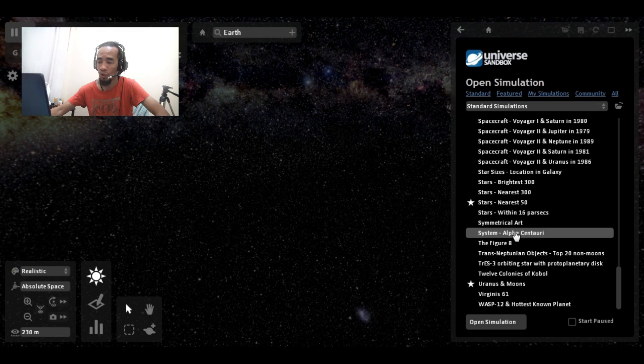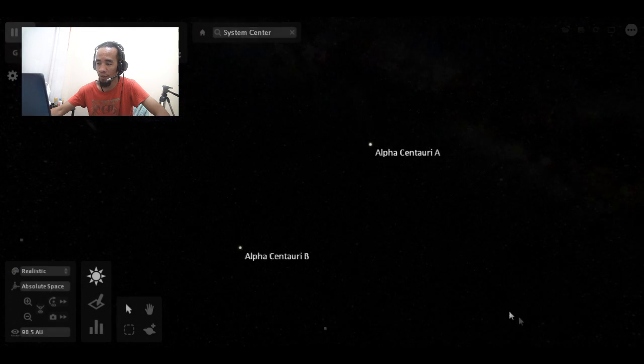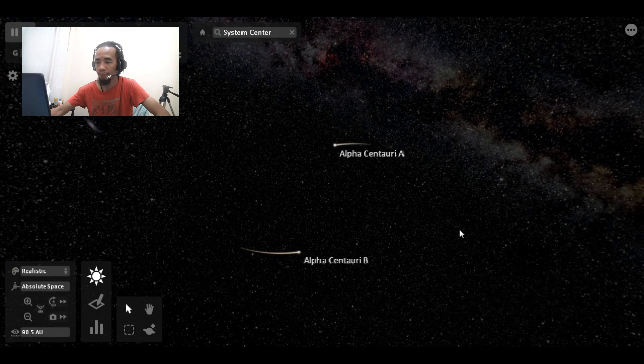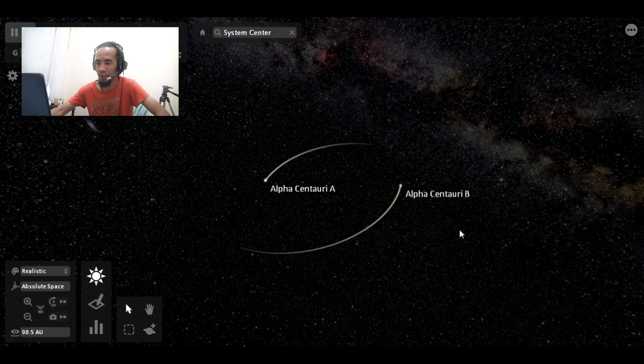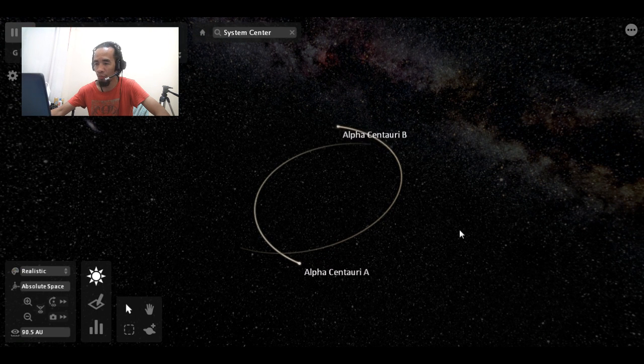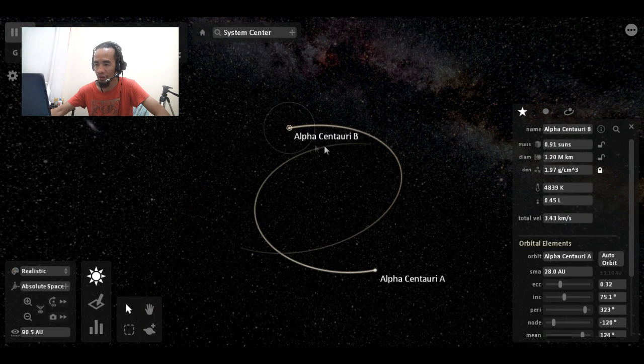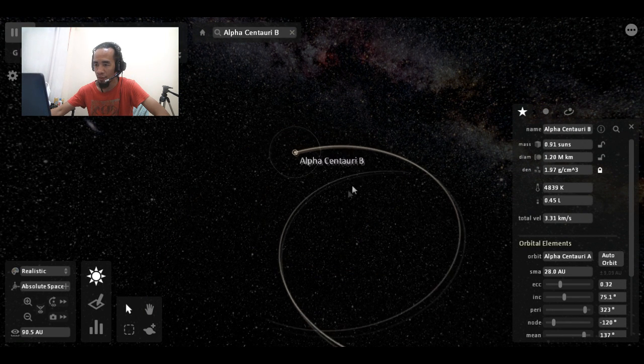It's a simulation of the Alpha Centauri system, so I'm going to open that, and here you can see Alpha Centauri A and Alpha Centauri B, the two stars, orbiting each other around the common central point. I'm going to move my mouse and select Alpha Centauri B because that's going to be our focus star,